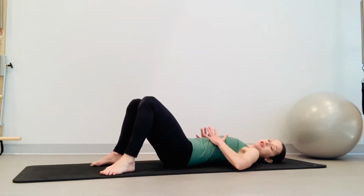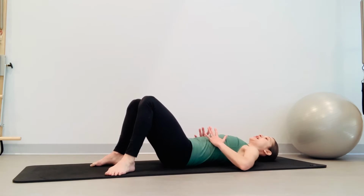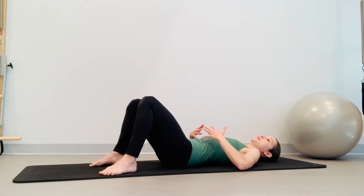All right, I want you to put your hands on your rib cage. You can spread them wide and just inhale through the nose and exhale all that air out through your mouth. Just a nice relaxed breath. We don't want to force any air through our lips. We want to try to create the least amount of tension in our bodies as possible. That ultimate goal at the end of all this is to be able to do all of our work